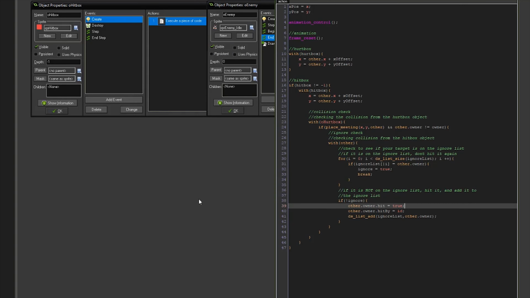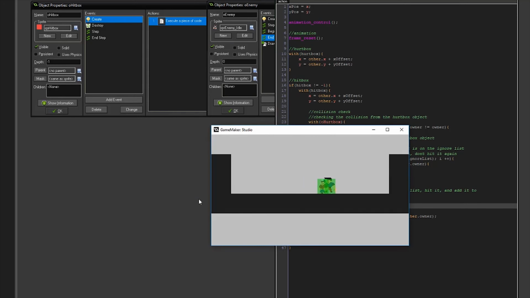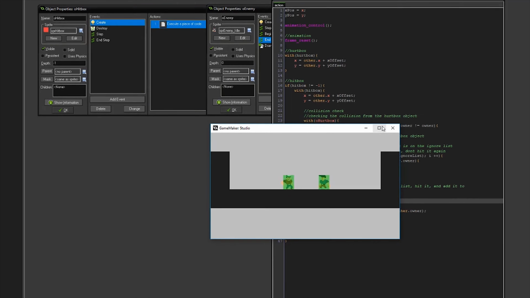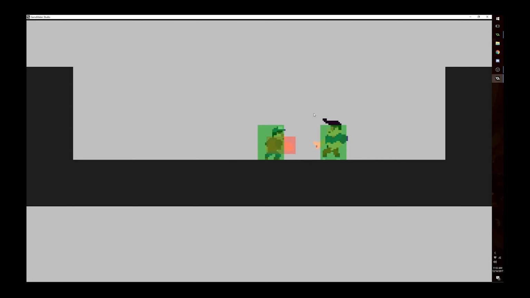Now if I run the game, it should be able to run around and punch. And now my hitbox should, boom, hit the guy, right? And then based on the direction I'm facing, knocks him backwards, changes his sprite, puts him into stun. Cool. It's basically everything that needs to be done, right? So that's basically it. It's the basic concept of hitboxes and hurtboxes in a really simple way,